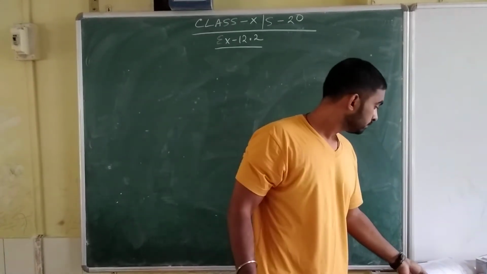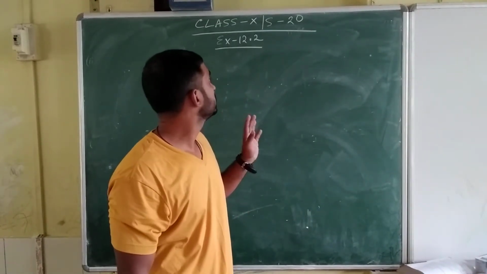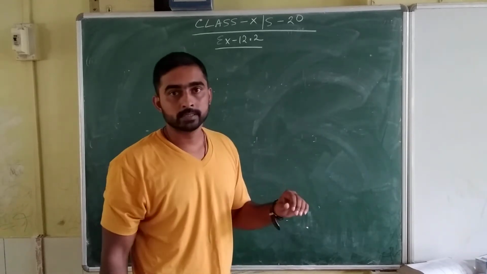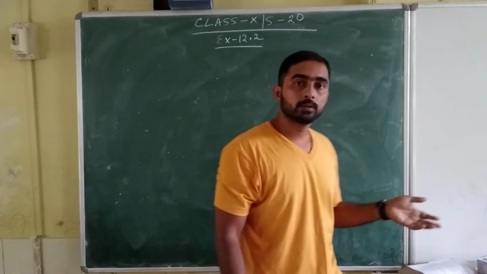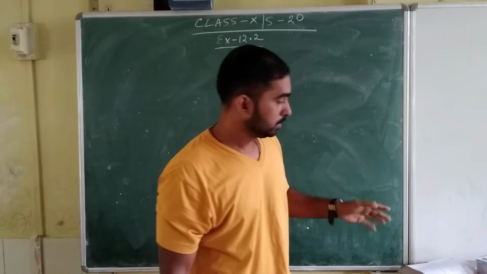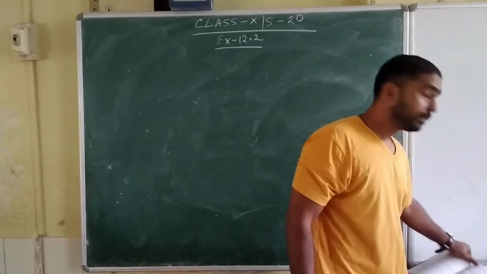Today in this session of class 10 mathematics we'll discuss the question answer 12.2. I skipped the first exercise. I'll do those questions later on. Before that I'll finish 12.2, then 12.3, then we'll move to 12.1. 12.1 is simple, just the area of a circle, that is pi r square.